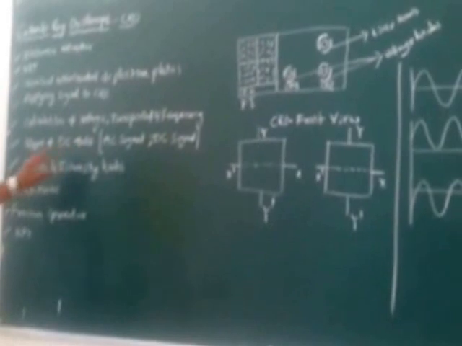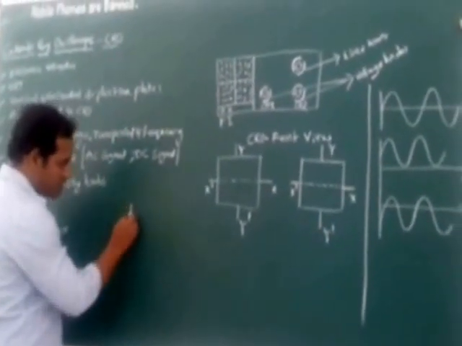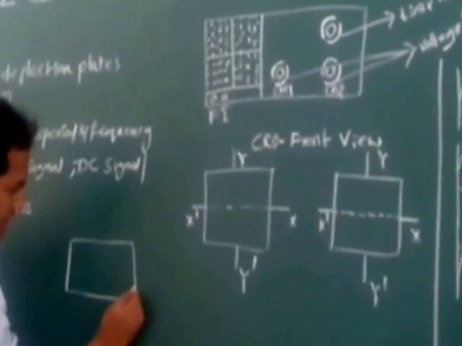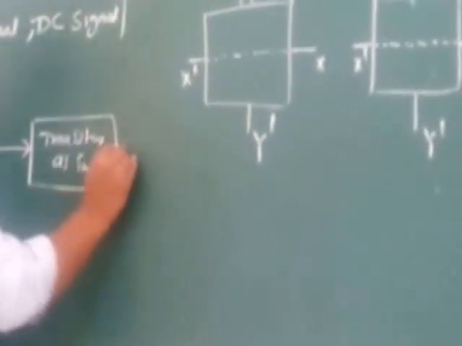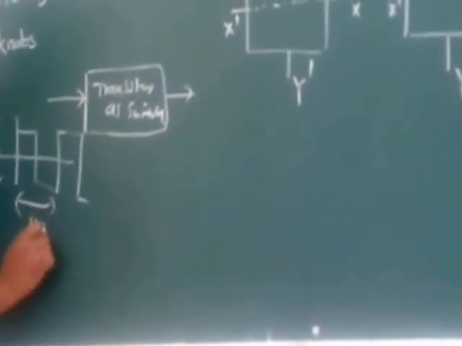In AC mode present in the CRO, suppose you take one experiment like this: I am taking a transistor as a switch circuit. So a transistor can actually be used as a switch, but not a perfect switch. Here the input signal we are applying, and here the output signal we are taking. The input signal I am taking as a square wave, peak to peak voltage 10 volts for example, and time period is 1 millisecond.